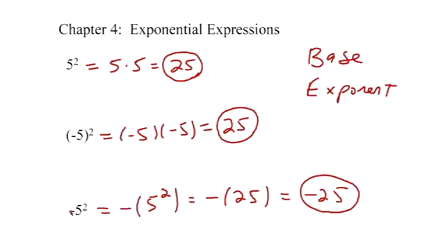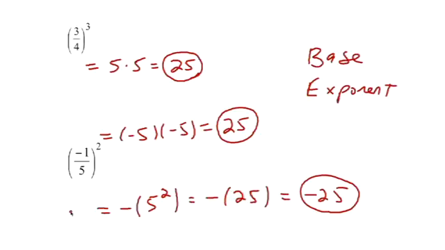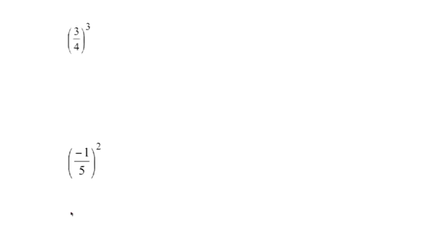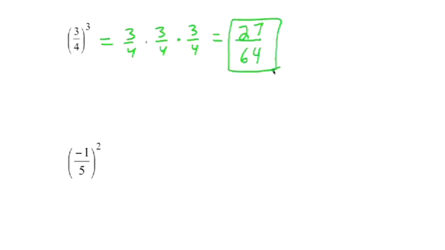Absolutely. All right, so let's look at a few fractions raised to a power. These work exactly the same way. It'll just give you a chance to make sure you remember some of the material from the previous chapter. This one tells you to multiply 3 of these fractions together. That is 3/4 times 3/4 times 3/4. And there's nothing I can cancel anywhere, so I just multiply across the top. 3 times 3 is 9, times 3 is 27. And I multiply across the bottom. 4 times 4 is 16, times 4 is 64. So there's our final answer.